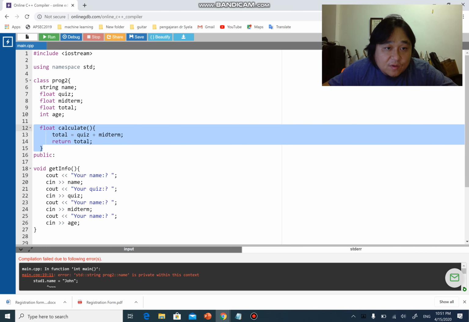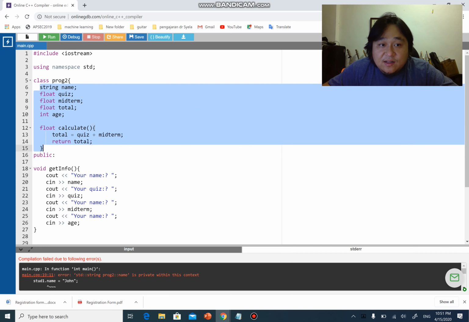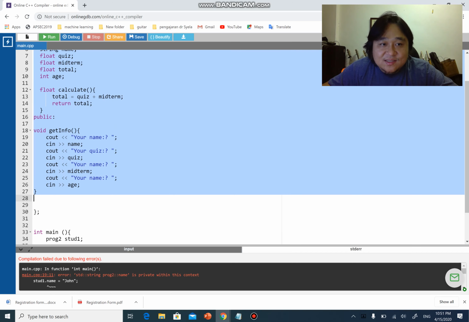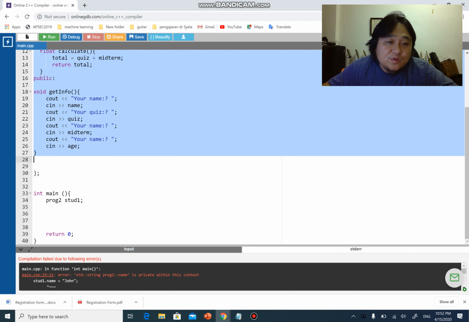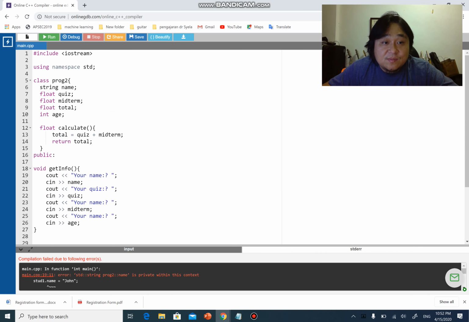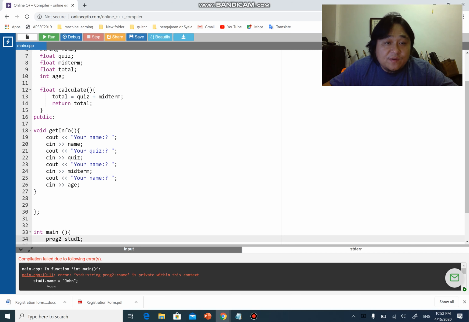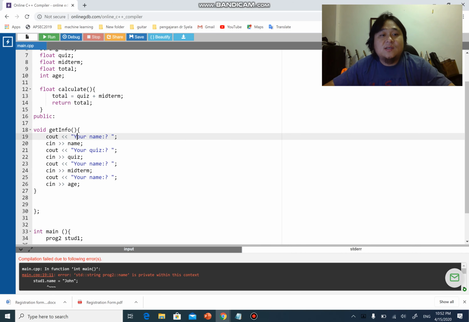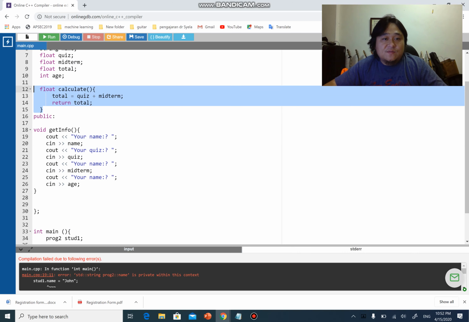As you know, this function calculate is private. By default everything here is private, and therefore this function can only be called within this class, and you cannot call it outside of the class. While getInfo is a public function, therefore you can call getInfo outside of the class, which we will demonstrate later in main, where we'll call this function. So we have one function to calculate the total of quiz plus midterm,